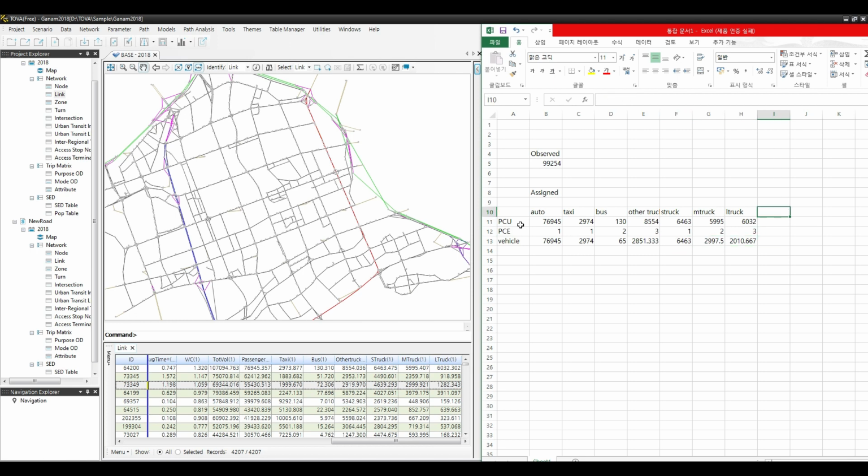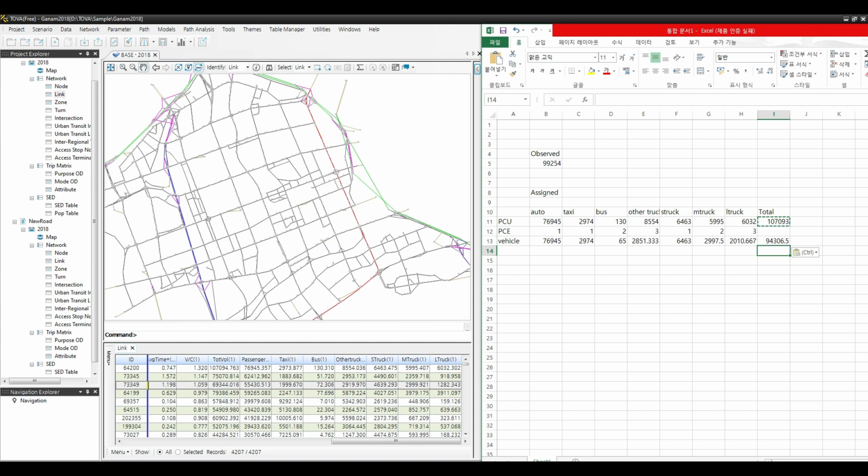When you apply these values to convert the assigned volume to vehicle units by vehicle type and sum them up, the total volume becomes